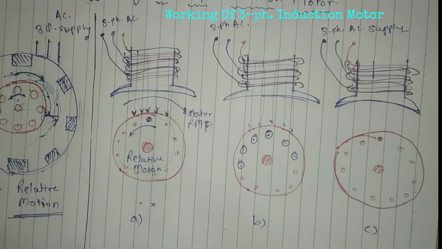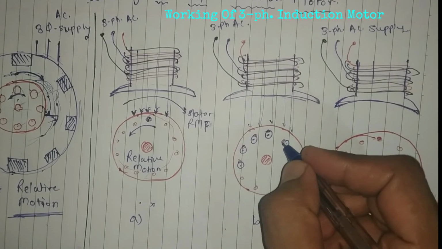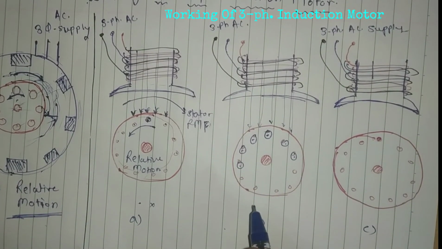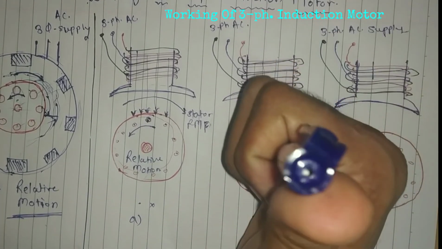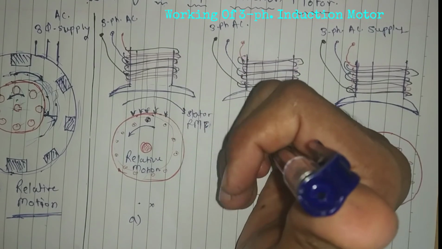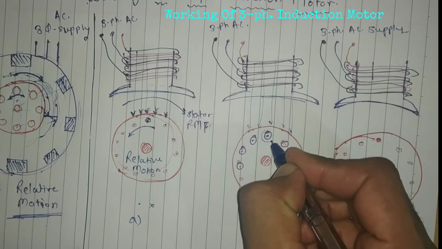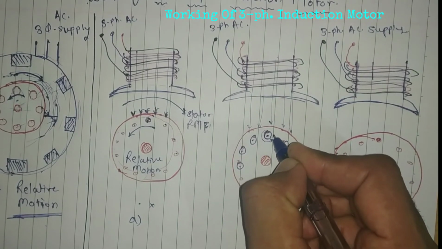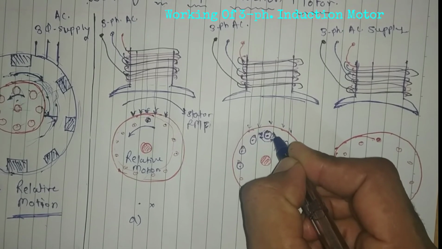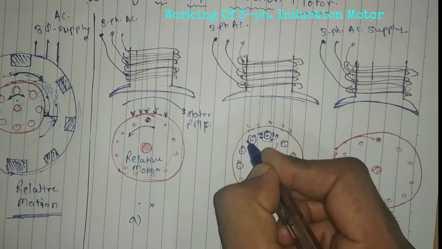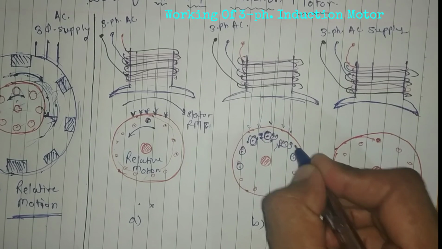Now when current starts flowing through the circuit, a magnetic field is going to be produced. When there is a magnetic field, we have to know what the direction of the magnetic field is. Now your current is coming outside, so with the help of the right hand thumb rule, your fingers will show us the direction of the magnetic field, which is like this, upward. Here it is again coming downward, going upward, right? Coming downward, going upward, right?